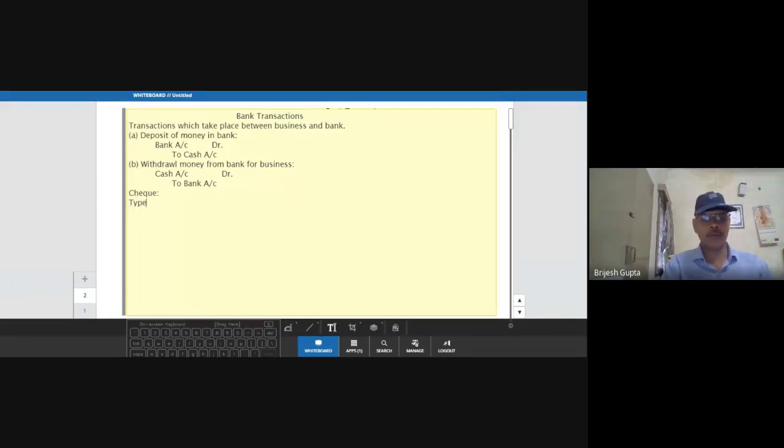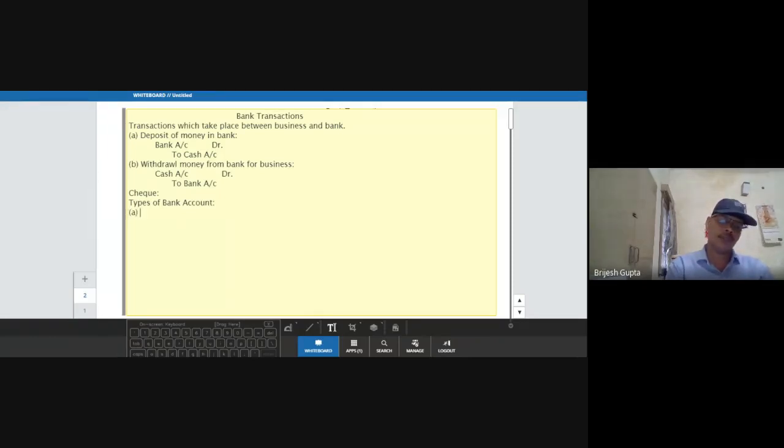Types of bank accounts. This topic is common. I am explaining it. It is there in the BS chapter also. When we start the chapter Business Services, it is there too, and here also, so it is a common explanation for both, types of accounts. Okay, so we can open 4 types of account in business.